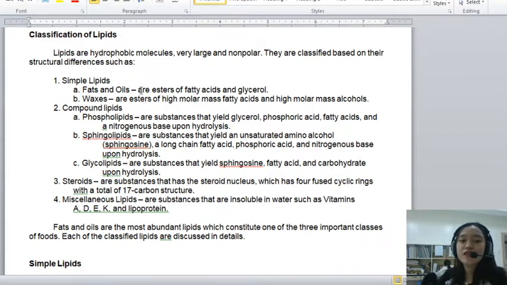So your fats and oils, these are esters of fatty acids plus glycerol. Okay, so when you say glycerol, you can also call this as glycerin. Your glycerol is actually called a polyol structure, or compound. Polyol, P-O-L-Y-O-L compound. When you say polyol compound, these are compounds containing many